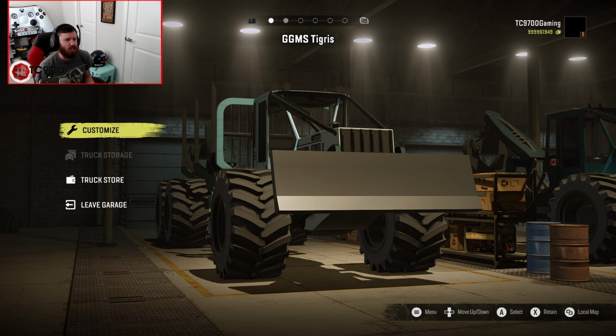Now, one of the coolest things in my opinion about this is that you can either drive them around as normal vehicles, or if you wanted a little bit more of a realistic logging roleplay experience, you could actually trailer these out to the logging areas and then actually use them to either skid the logs back to where you needed them, or you could use the forwarder to actually load and pack the logs and transport them to their